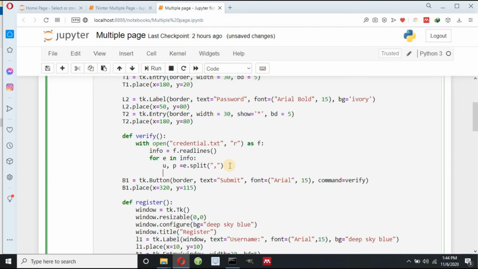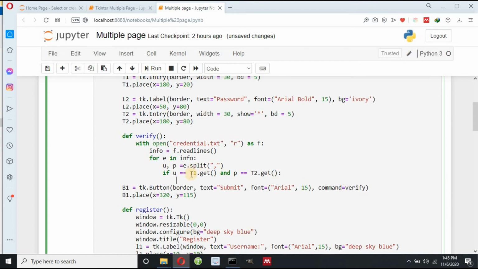And now I write if u equals t1.get() and p equals t2.get().